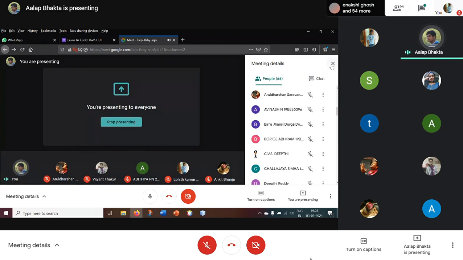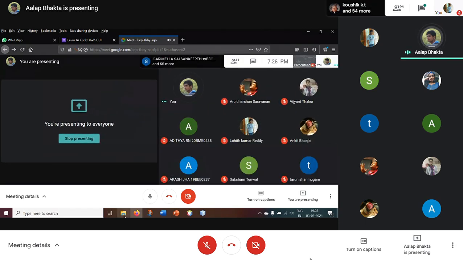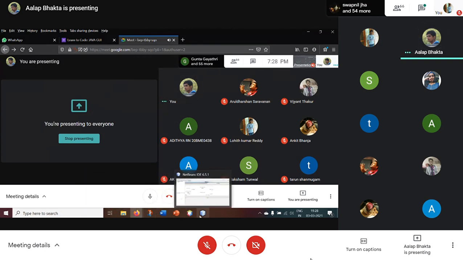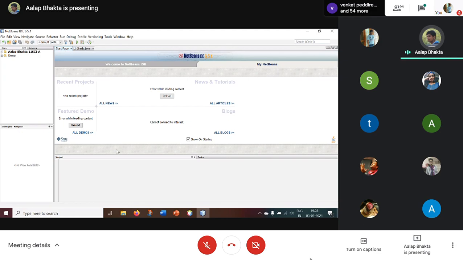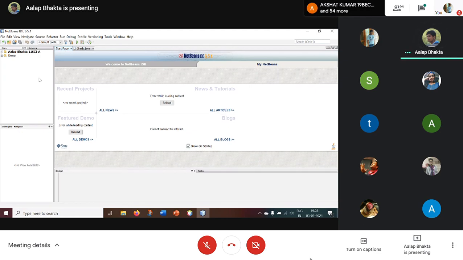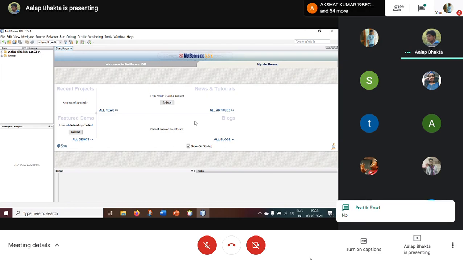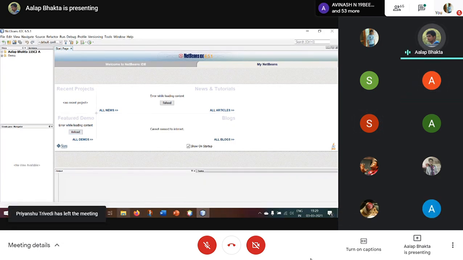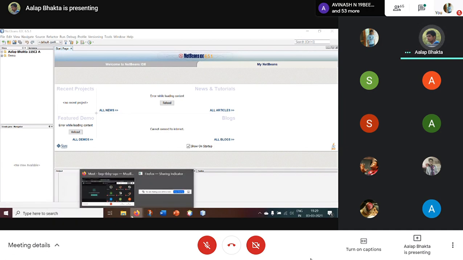Does anyone need help installing NetBeans? Please respond, guys. Okay, I have installed it, but I'm not getting this page that you are showing. Right now you are not getting your page. Okay, wait.